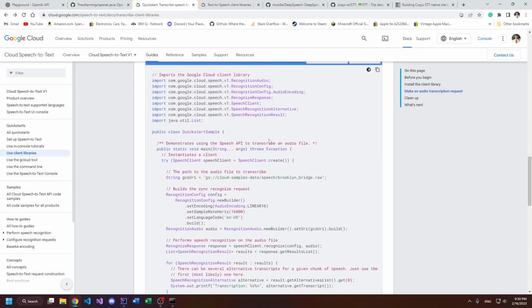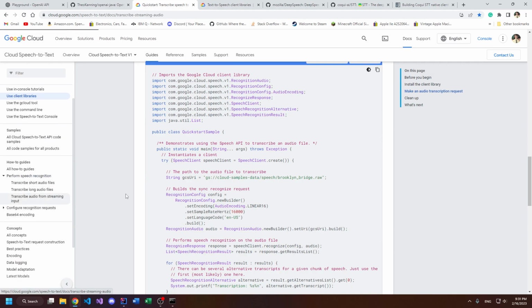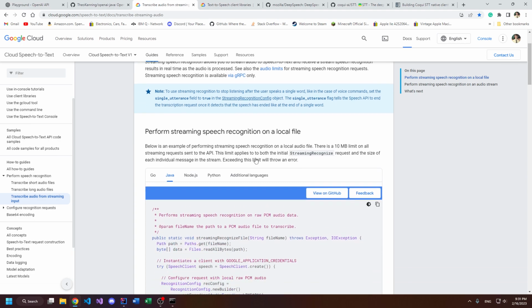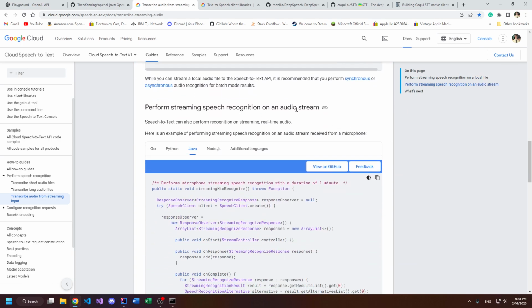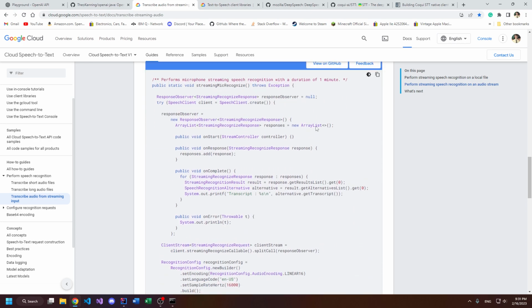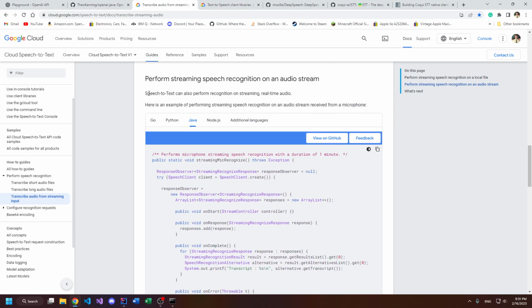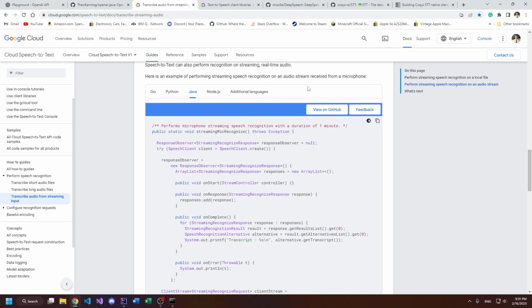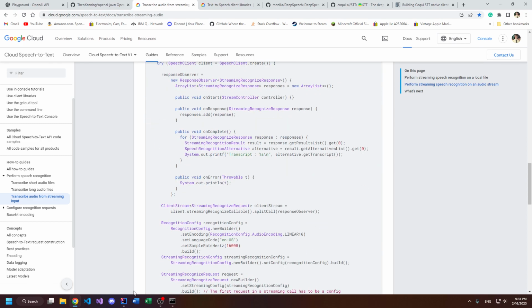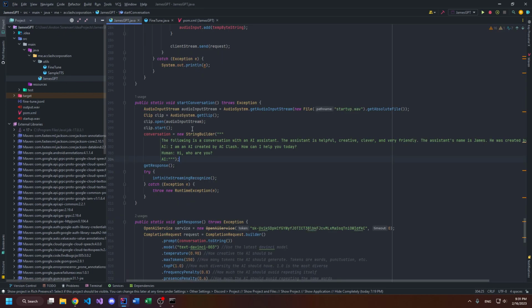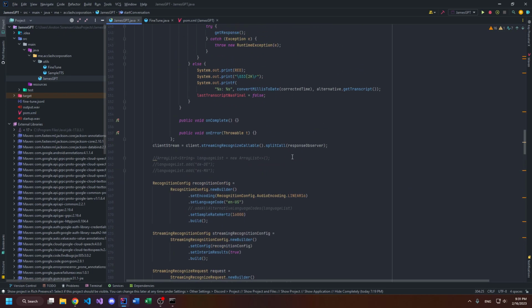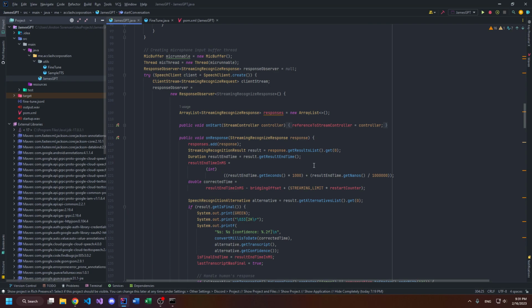down here it shows you basically how to start the project, but I didn't want that. I actually wanted to stream input from a mic, and I didn't want a local file, so I went down here and it said audio stream. So this basically takes the words you say directly from the mic and just transcribes it into text in the Java program. And so basically in this program I made here, it takes that text and puts it into the